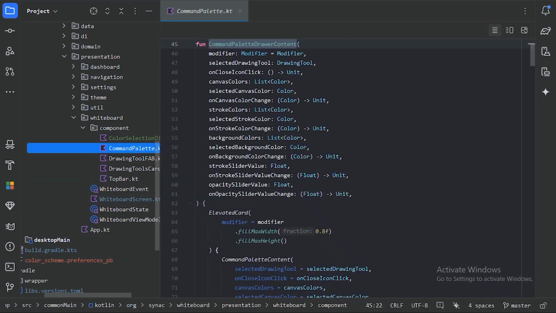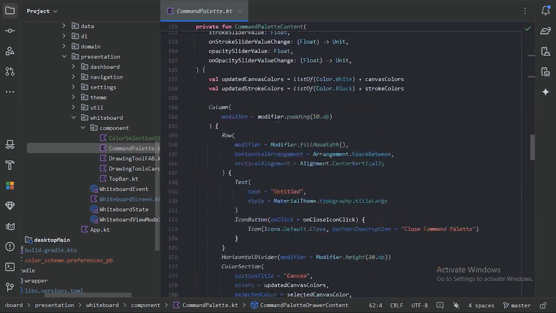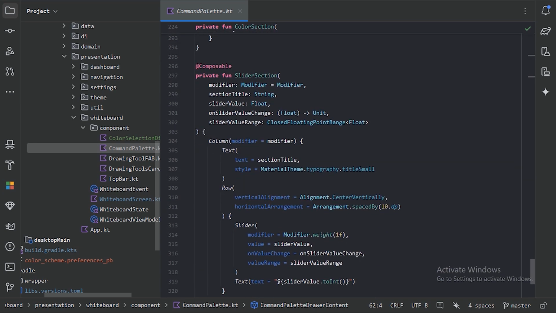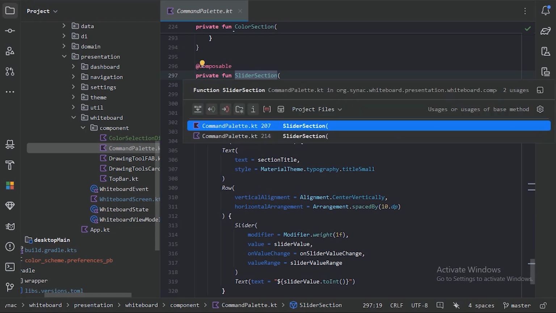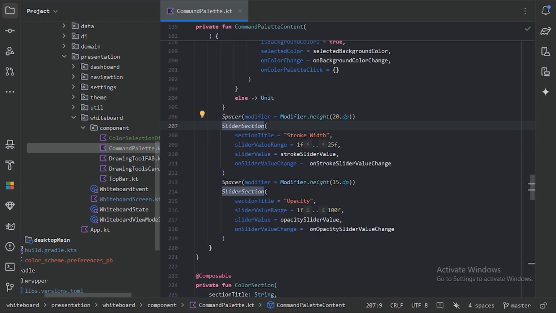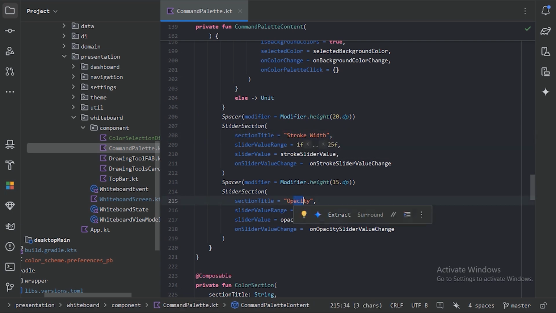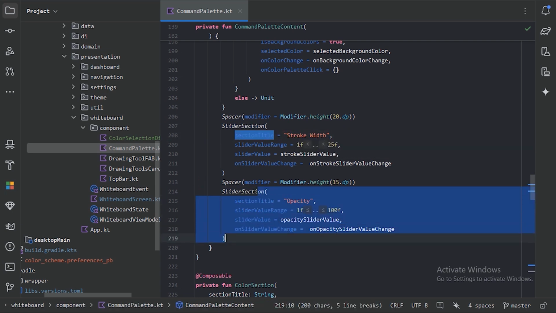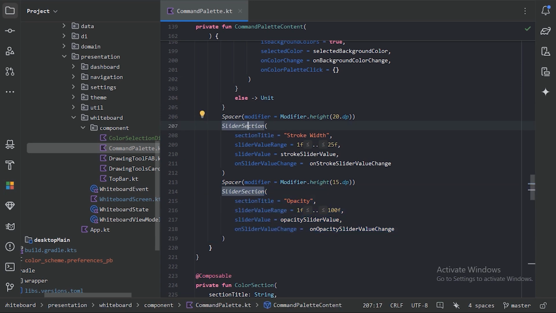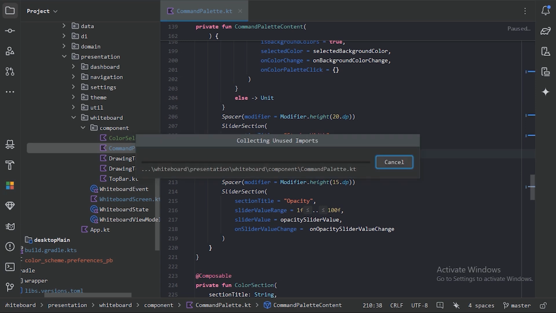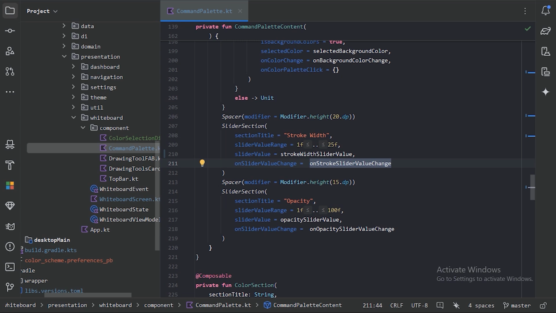First thing, we need to go to our command palette and here scroll down to the bottom. In the last we have this slider section, and this slider section we are using for two things. First for this stroke width and next for this opacity. So this opacity slider section is correct, but let's also rename this stroke width slider section's values. First thing, let's rename this stroke slider value to stroke width slider value. And also this on value change to on stroke width slider value change,